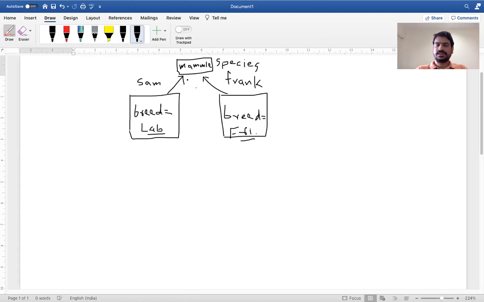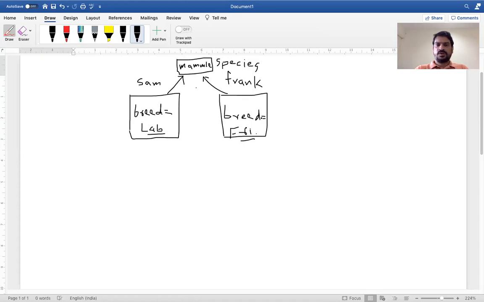In C++, we say it is a static variable, which we use inside the class. Here, this variable or attribute is called a class variable or class attribute.